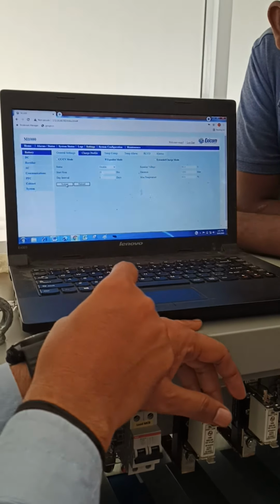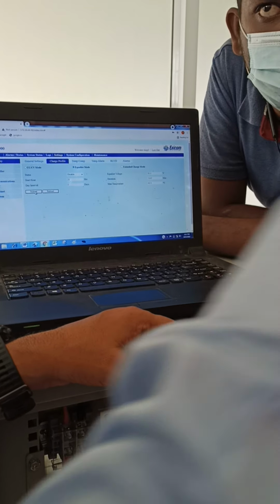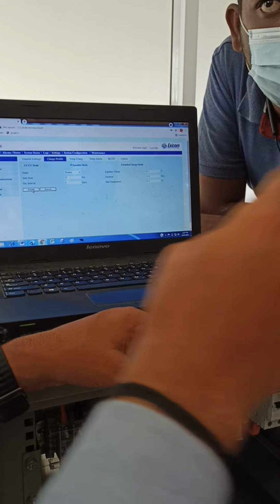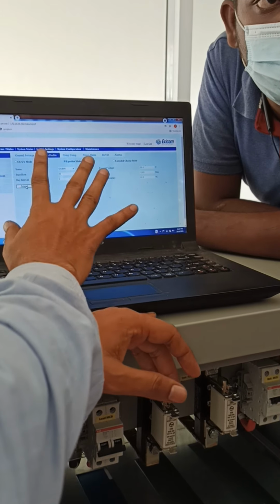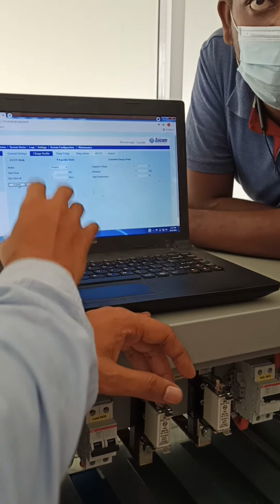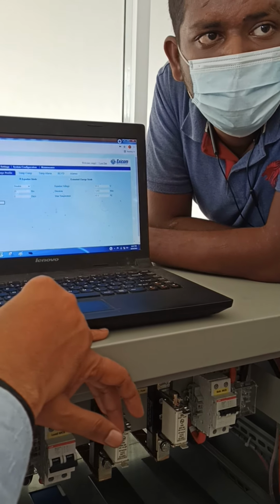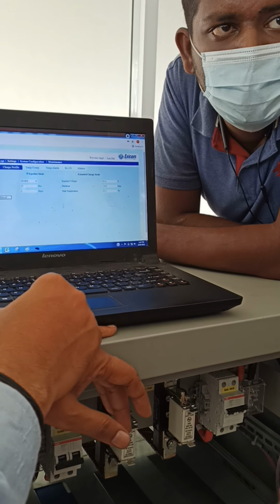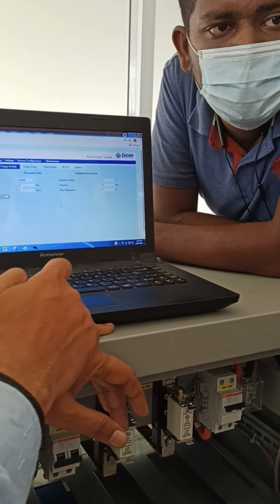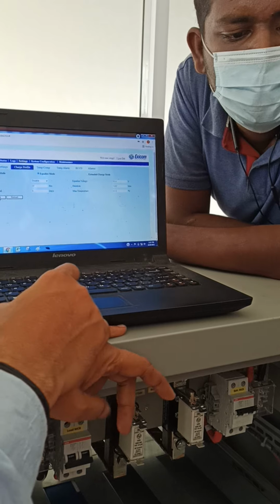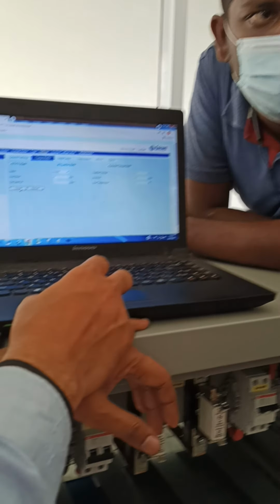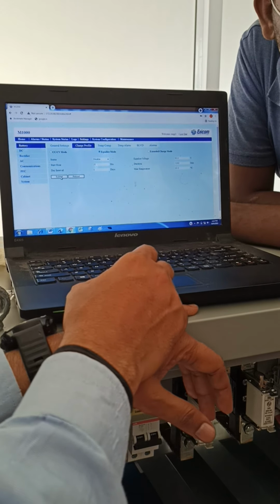So after the battery test, commissioning is the second day. Installation is the first day. So on the first day, during installation, we need to do this. So how will this get equalization? Equalization should not go on normally. The battery will go into deep discharge. After that, the battery should be charged through equalization mode.